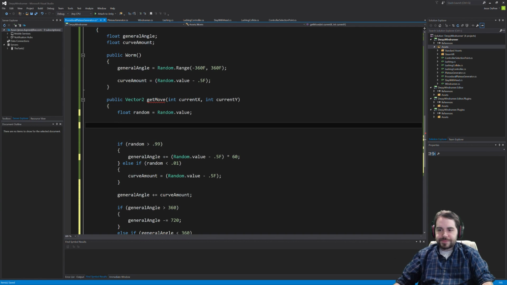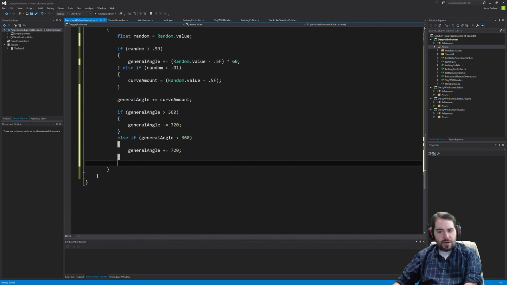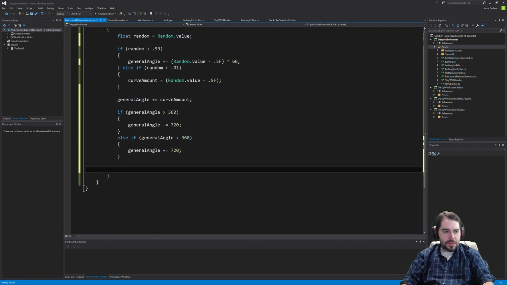I think we're getting there. So now that I have this, it can be negative or it can be positive, so I should just be able to, after all this is said and done, and for this I want the cosine of general angle and the sine of